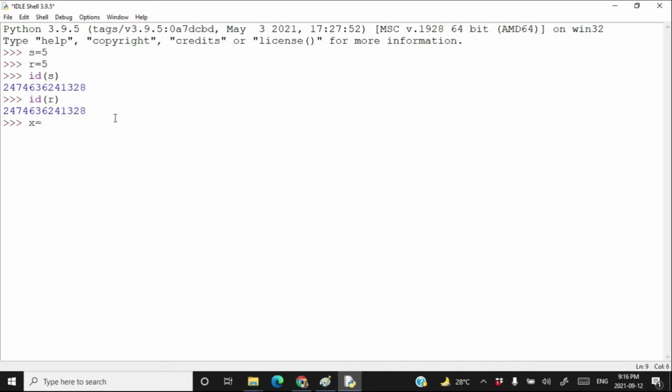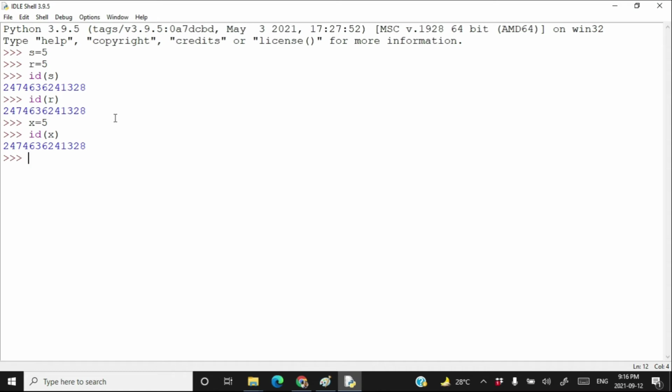If I write x is equal to 5, x is also going to contain the same address. Type id, in the parenthesis, opening and closing a small bracket, you write x and here is your address. So everyone which contains the value of 5 in them actually never contains 5 in itself. It contains the address of 5 in itself.